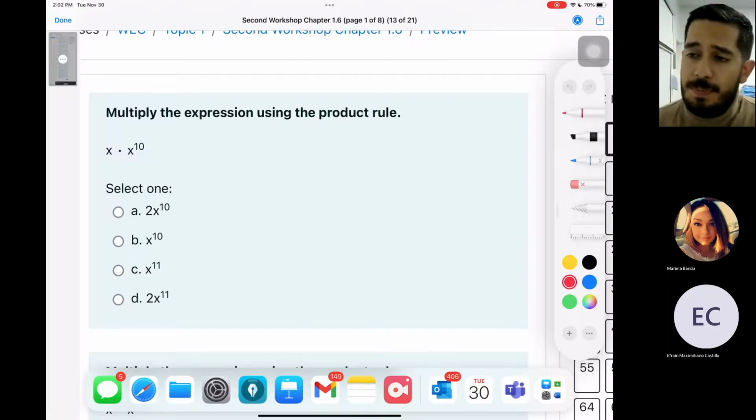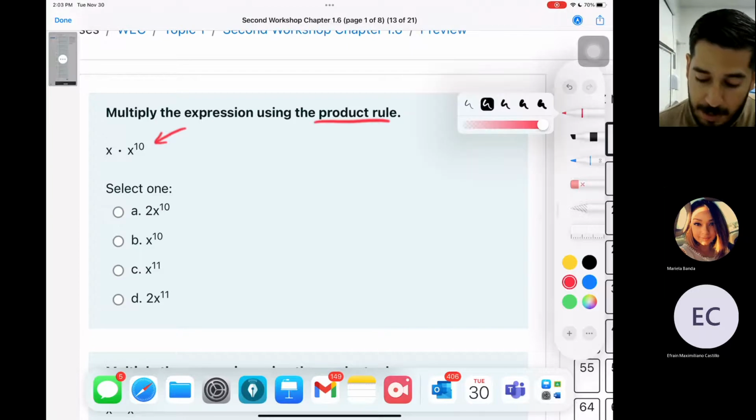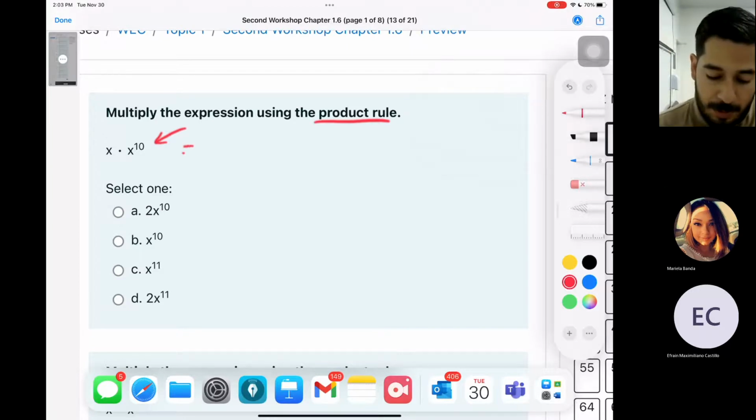The first rule for simplifying exponents is called the product rule. The product rule says that when I'm multiplying two variables, or it can be just two numbers also, that have exponents, I have to add those two exponents. So for example, in this scenario over here, I have a multiplication of two variables. That means I have to add those two exponents, and that's going to be my result. Remember that if a letter doesn't have an exponent, we have to assume there is a number 1